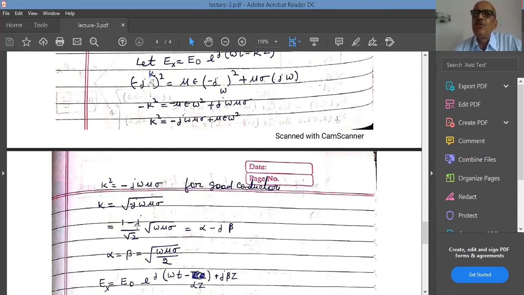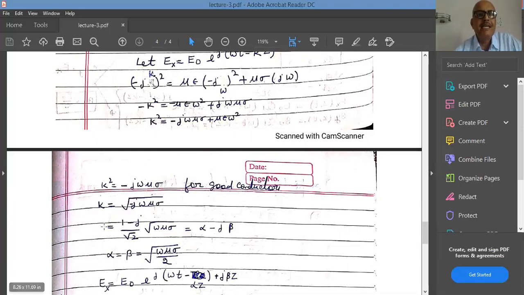If you really want to be comfortable at this stage, unless and until you work it out, you take the square of this term. Take the square of (1 minus j) upon under root 2, whole square. So (1 minus j) whole square is 1 plus j square, that is minus 1, minus 2j. So 1 minus 1 will be 0. So the square of 1 minus j will be minus 2j. And in the denominator, we have under root 2, that square will give us 2. So we get back the minus j.